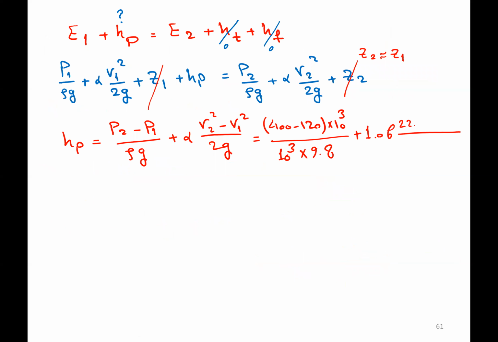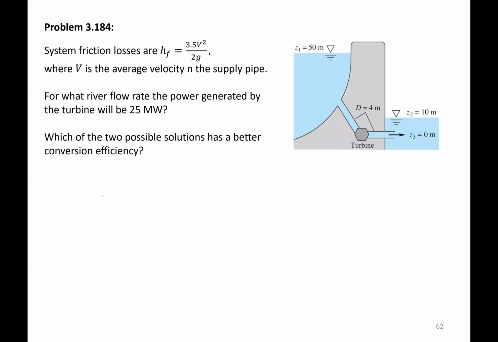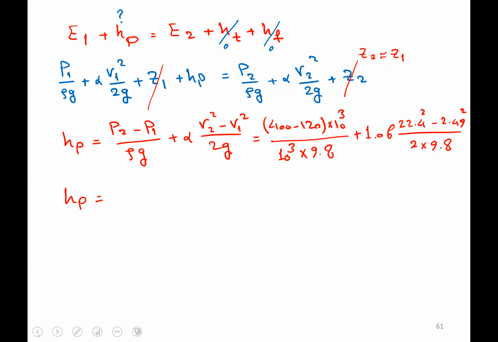So I have 22.4 squared minus 2.49 squared. And then that divided by 2G, so it's divided by 2 times 9.8. And then from here we can calculate this HP. So if you calculate this term, you will find HP as 53.9